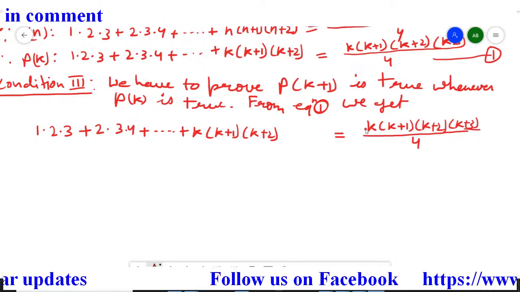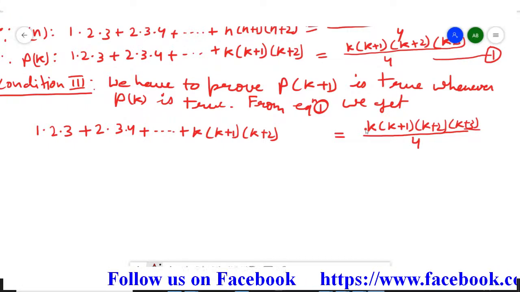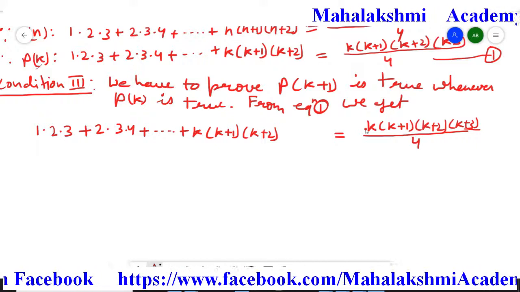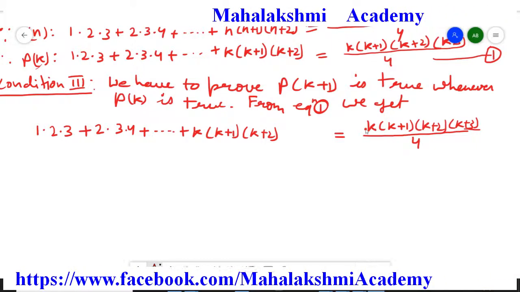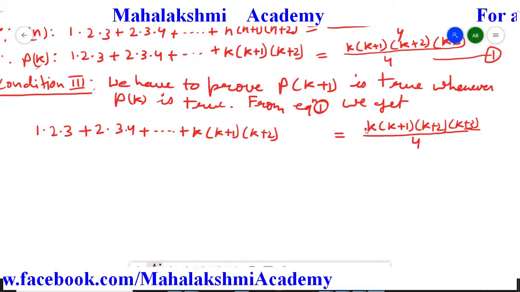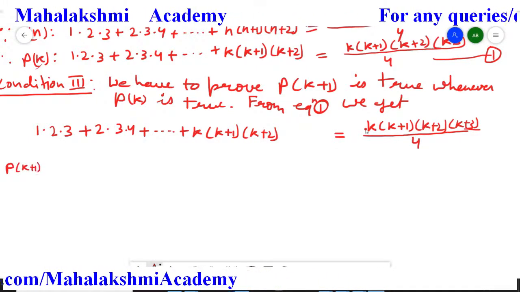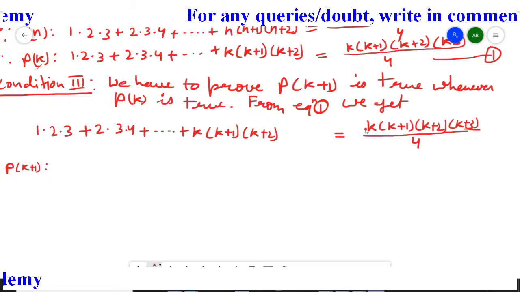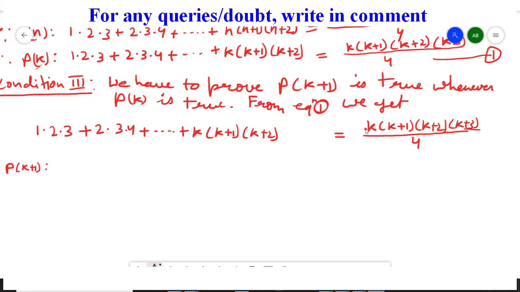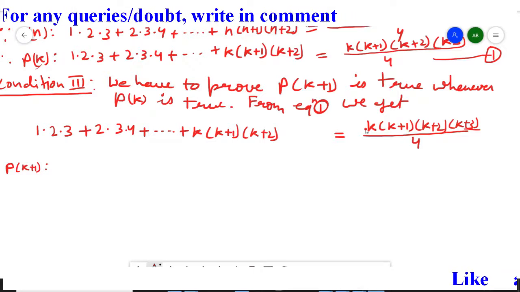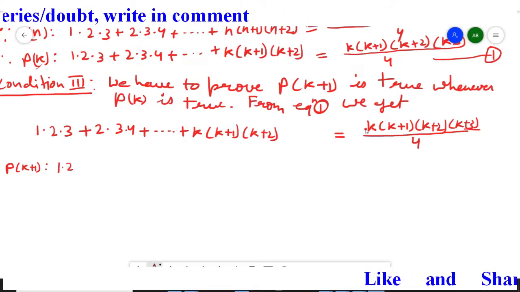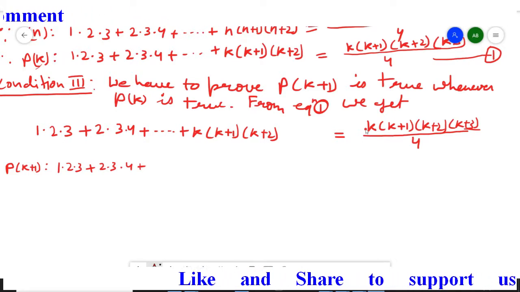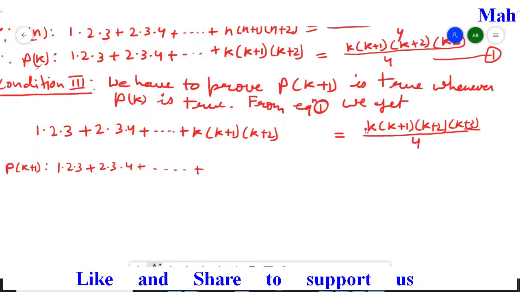Now from here we have to bring k plus 1. So students, now we have to start the comparison. When we have k, that time the last term is k. So whatever is here, first we have to write that, and then in that plus 1, then plus 2. So if I want the Pk plus 1 statement, first we will write down the starting terms as it is, 1 dot 2 dot 3 plus 2 dot 3 dot 4 as it is, and then it is extended up to the last term.